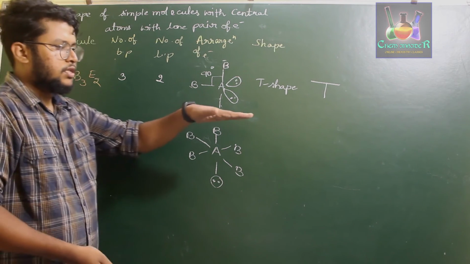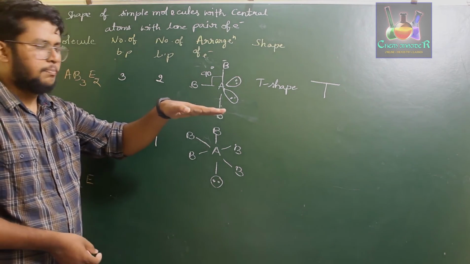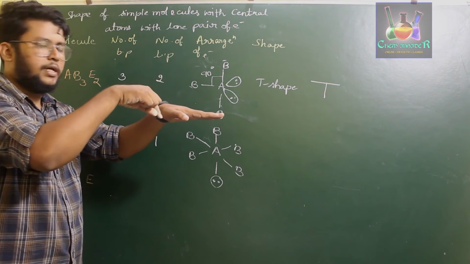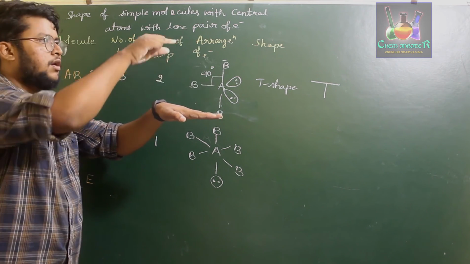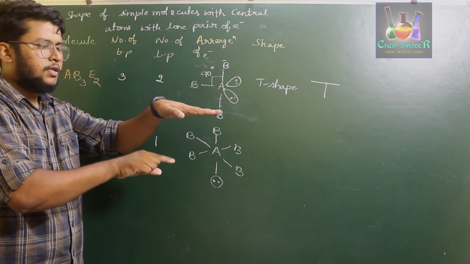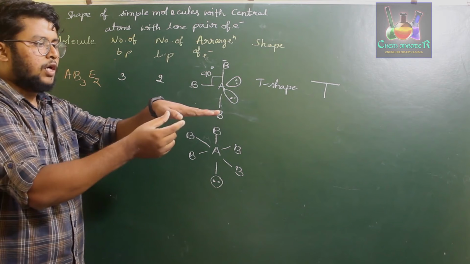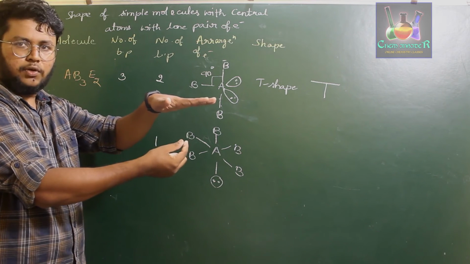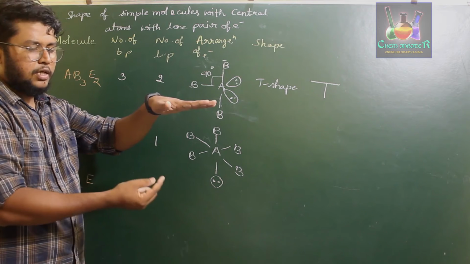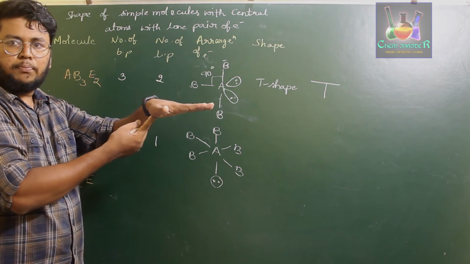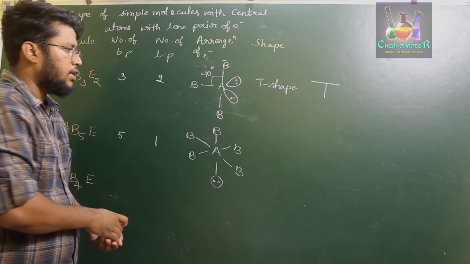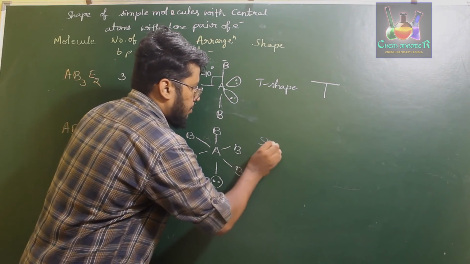Okay, if you consider this as the plane, and A is at the center, we have 4 B atoms at the 4 equatorial positions, 1 B at the top and 1 lone pair of electrons at the bottom. Instead of pushing these 4 away, you might expect A to come down, right? Instead of A coming down because of the repulsion between the lone pair and the bond pair electrons, what we observe is A will be pushed upwards, giving us square pyramidal geometry.